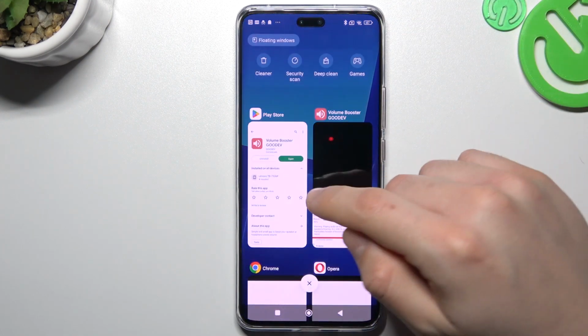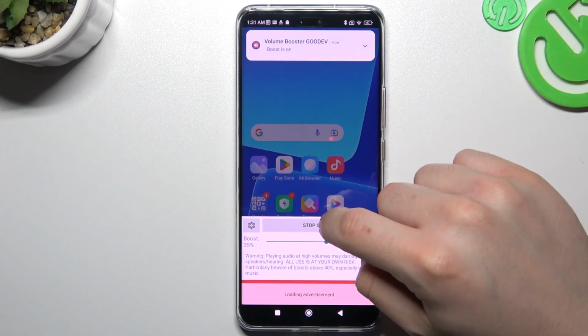If you want to deny it, disable it, just open it from the background apps, choose stop service and click